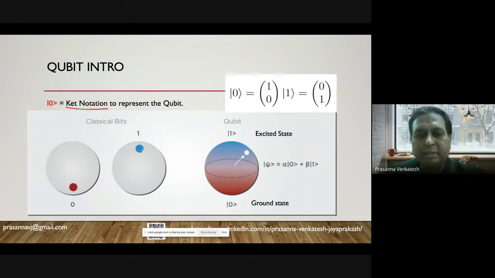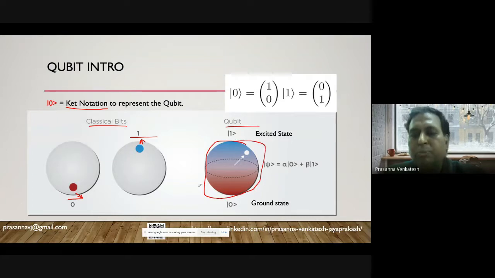In a classical computer, at any point in time, the classical bit can be either in a ground state or an excited state. But in the case of a qubit, we take this whole space as the vector space.